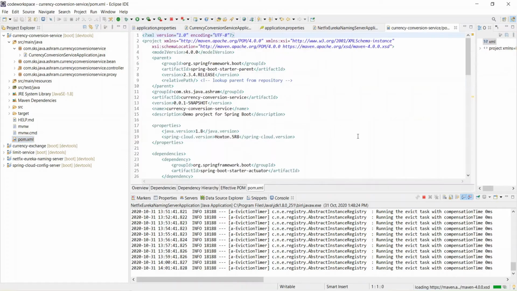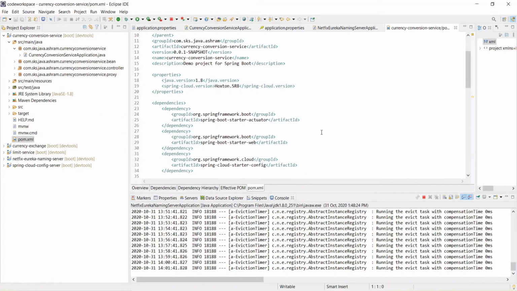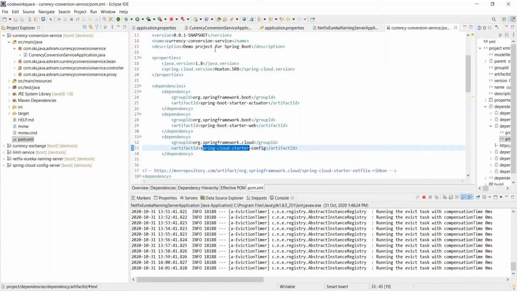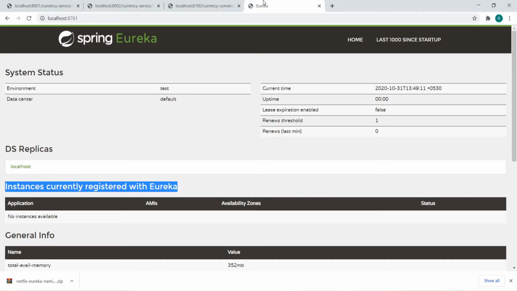In the pom.xml we will also have to add the dependency, Spring Cloud starter Eureka. How can you do this? You can go to the Maven repository.